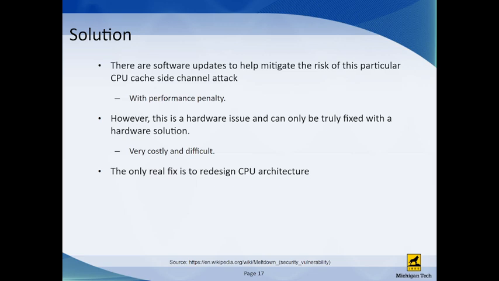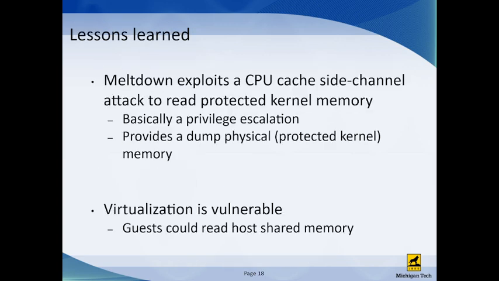So what's the solution? Mitigations can include software patches to restrict speculative execution, but these can come with performance penalties. The only permanent fix would be to redesign CPU architecture, which is costly and also time-consuming. Meltdown highlighted the importance of CPU design,